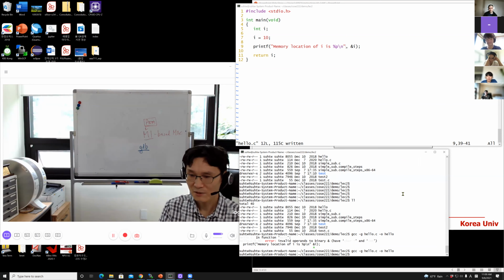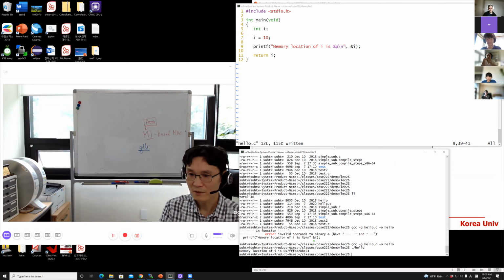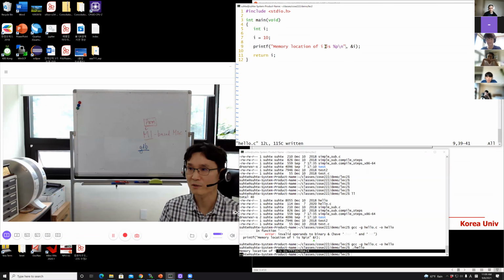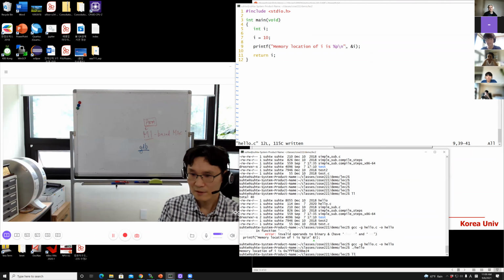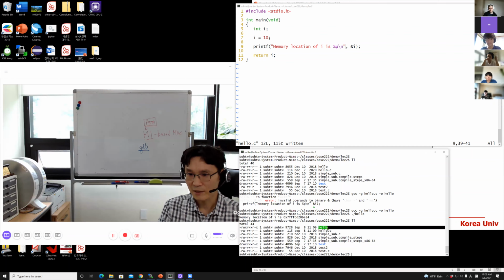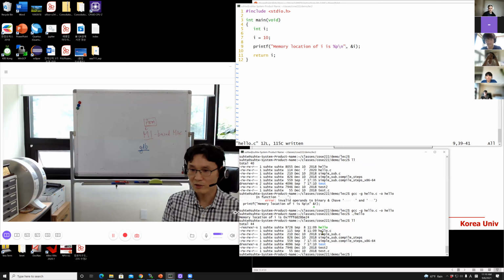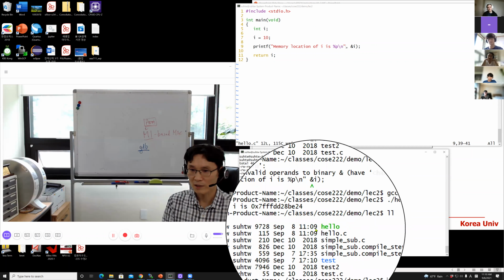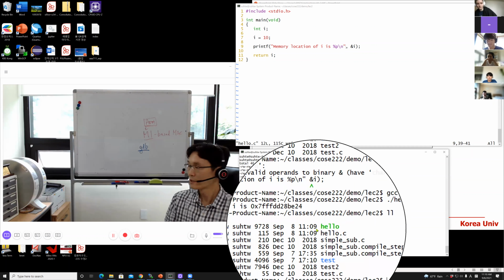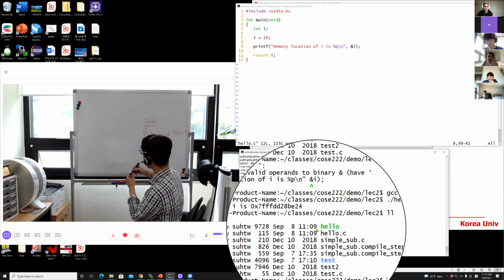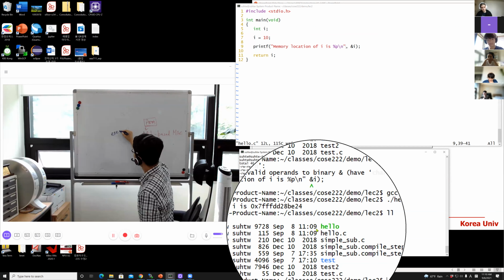Okay, so it is working. If you run this code, hello, then you see some message, a memory location. And then the file generated by the compiler is hello, the executable. We call that an executable, 실행 file in Korean. The green file, we call that again an executable, in Korean 실행 file,